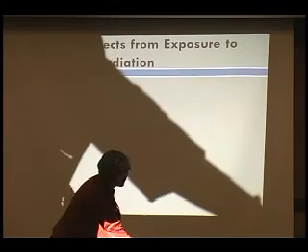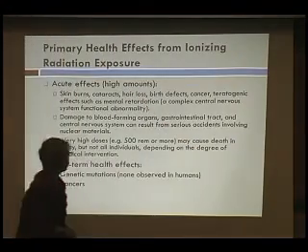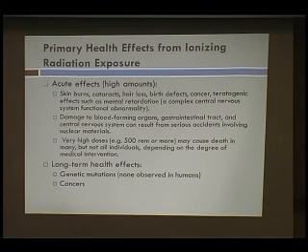So then what are the health effects from ionizing radiation exposure? So the really acute effects, so those are very, very high amounts. Keep in mind that, high amounts. That you could have skin burns, cataracts, hair loss, birth defects, cancer, teratogenic, that's essentially birth defects such as mental retardation, damage to blood-forming organs,